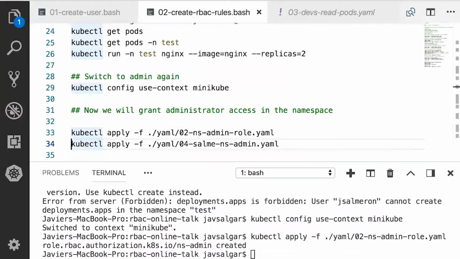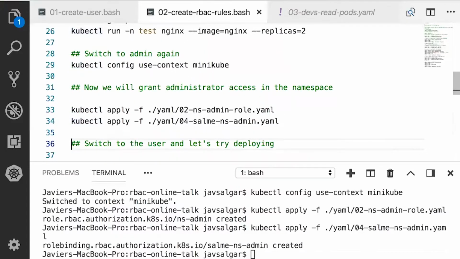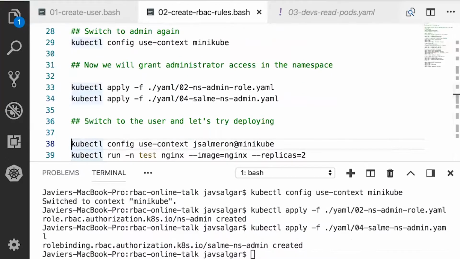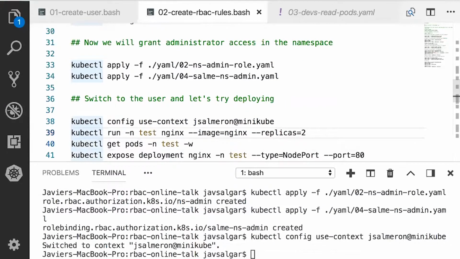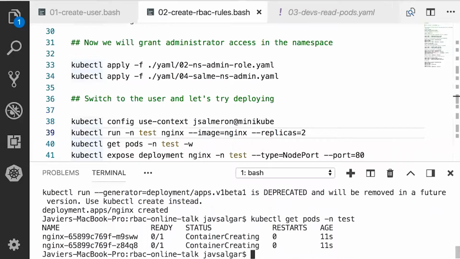So now I created this role, which was made of wildcards, remember, and now I bound it to my Salmeron user, and now let's see what happens. Can I create an Nginx image deployment? Yes, I can.